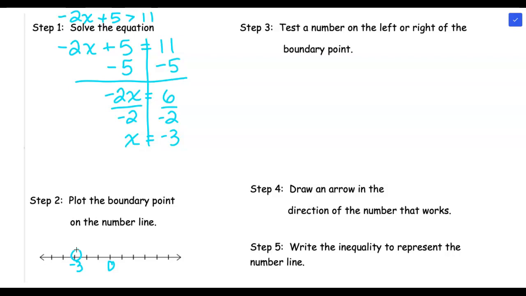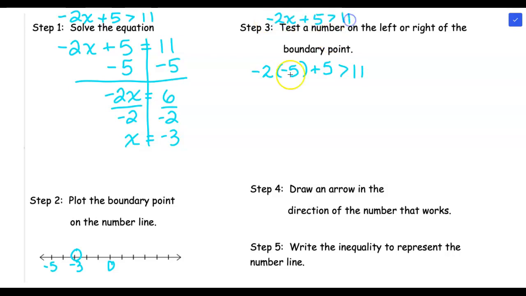Then what I'm going to do is test a number on the left or the right of a boundary point. So like right over here, I might have negative 5 on the left, and on the right, 0. I'm going to try to see what works. So I might try negative 5. Instead of x, I'm going to try that negative 5 over there on the left. Negative 2 times negative 5 plus 5. I want to see if that's greater than 11